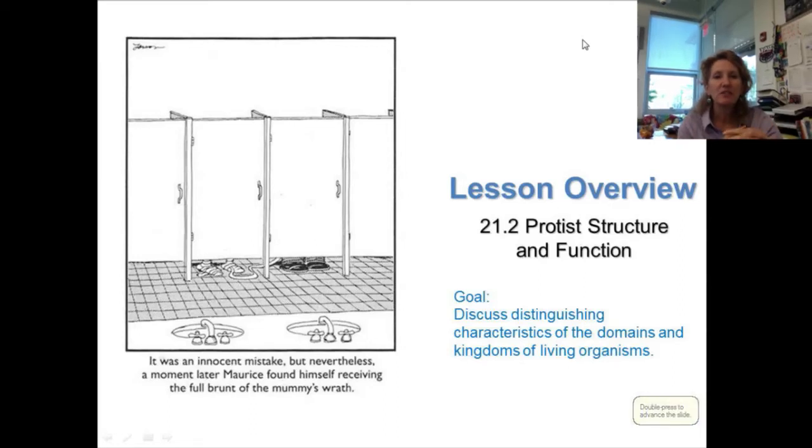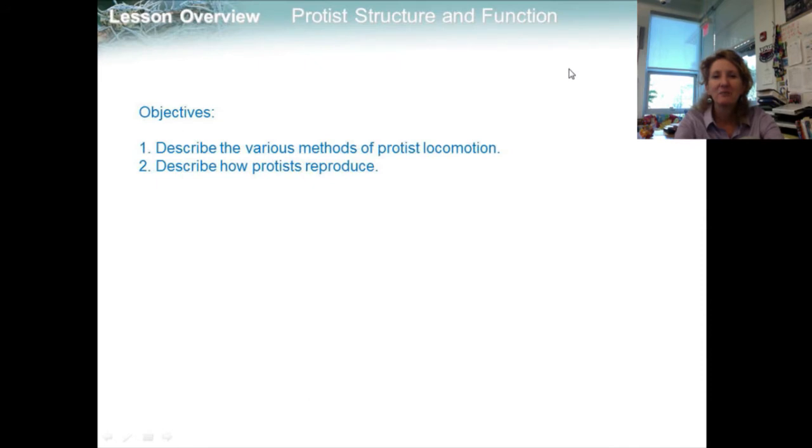All right, well, welcome to lesson 21.2, Protist Structure and Function. We're going to be discussing the characteristics of the domains and kingdoms of living organisms. That's our overall goal. And take a look at the Far Side. It's kind of humorous. All right, so to begin with, our objectives are to describe the various methods of protist